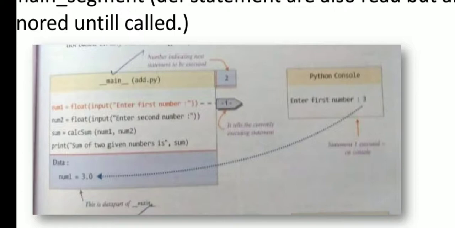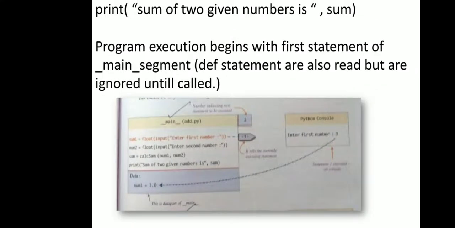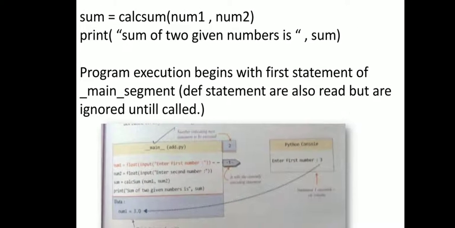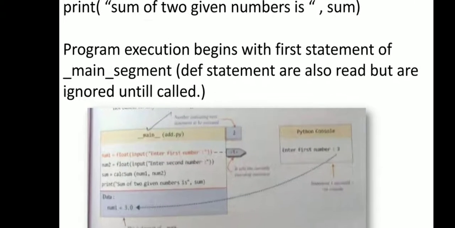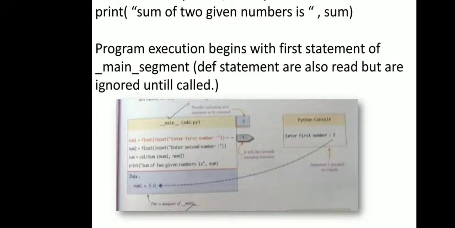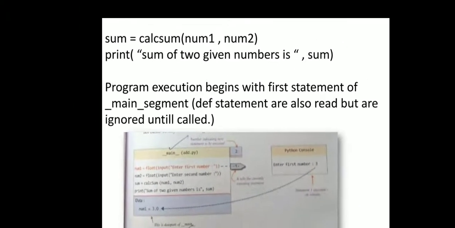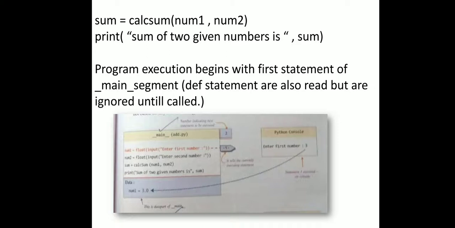तो ये सारी चीज़ें जब होती हैं तो इसमें ऑटोमेटिकली आप सेकेंड वैल्यू पास करेंगे. Same like here, enter the second number will happen. तो प्रोग्राम एग्जीक्यूशन begins with the first statement which is written under the main section. तो मेन सेक्शन के अंदर हम ये प्रोग्राम राइट करते हैं. So in such way we can do the program.